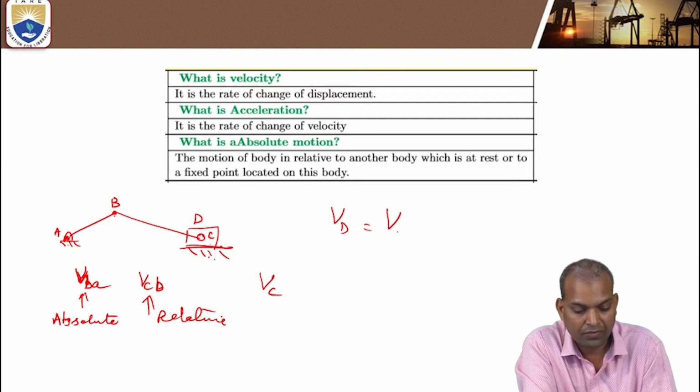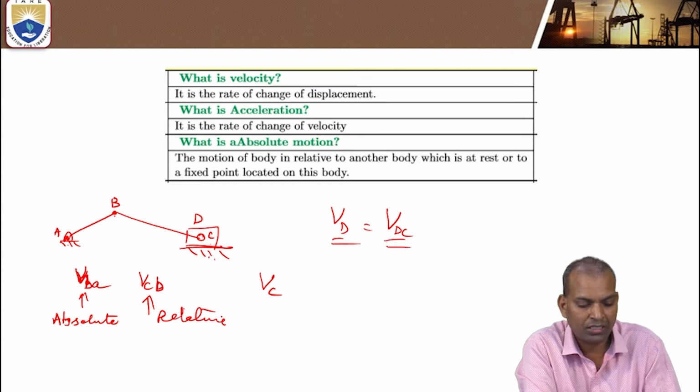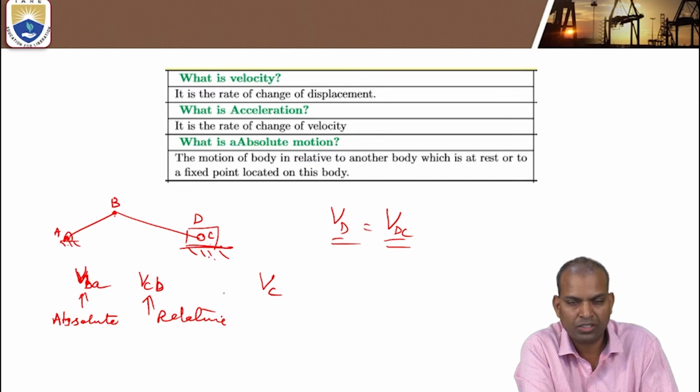That is velocity of D with respect to C, or velocity of D with respect to O. Velocity of D with respect to C we have to calculate. Then only we can calculate the absolute velocity with respect to the fixed link. Now here,